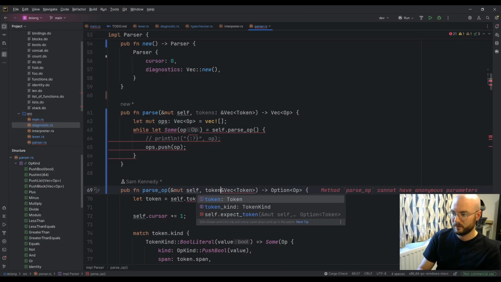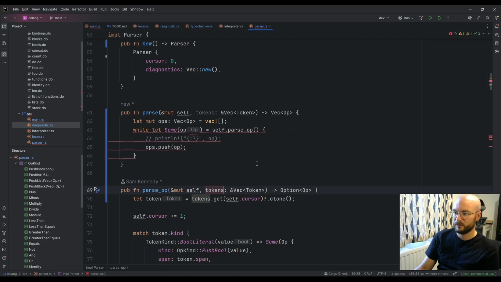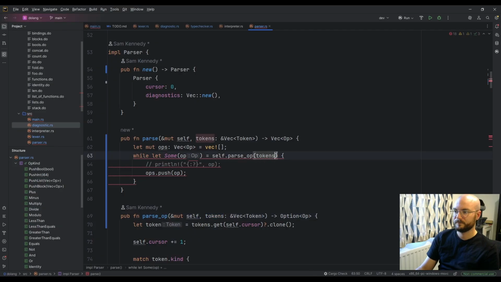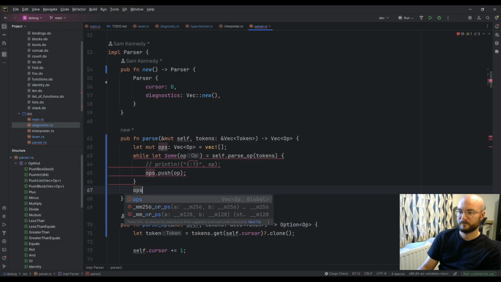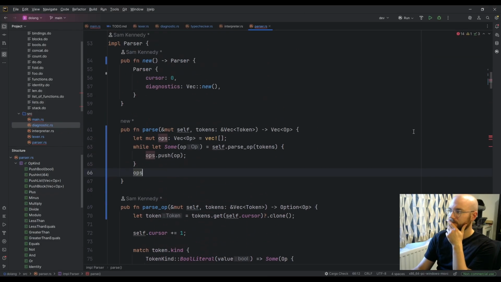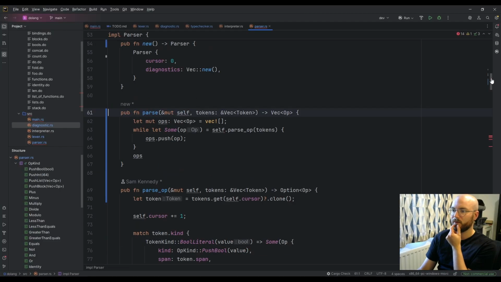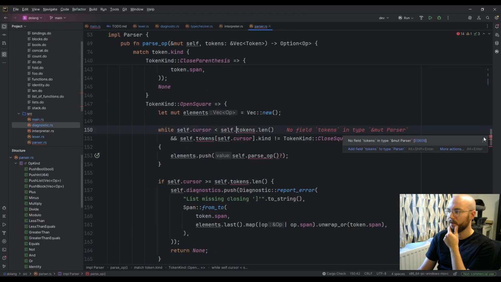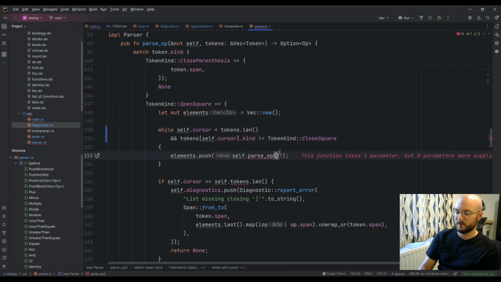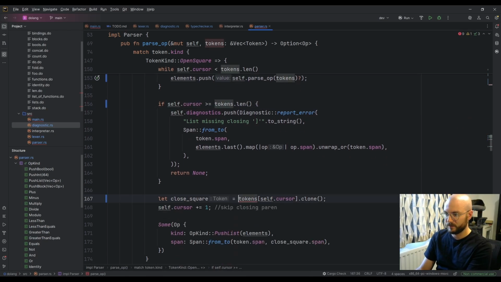Yeah, I think it has to go on this side. So we don't say self tokens anymore, we just say tokens. And then we find all the places that this is broken. We don't need to print the op. Doesn't seem happy up here. No, it's fine. It was lying to me. Yep, this is now tokens. This is tokens. Parse op with the tokens. Because it's all by reference, it should be very happy about this.